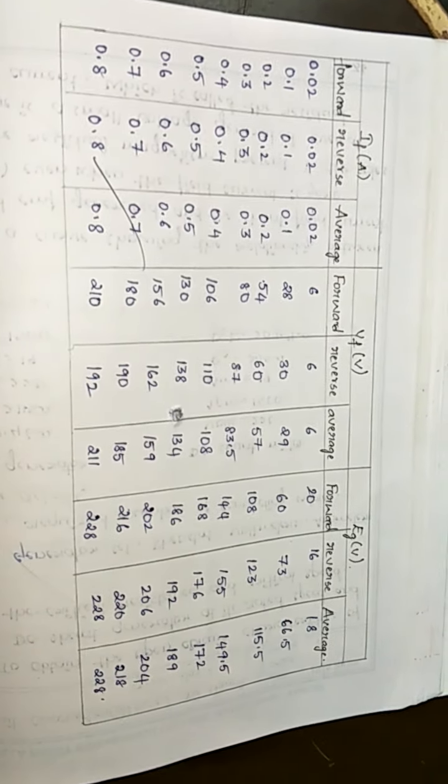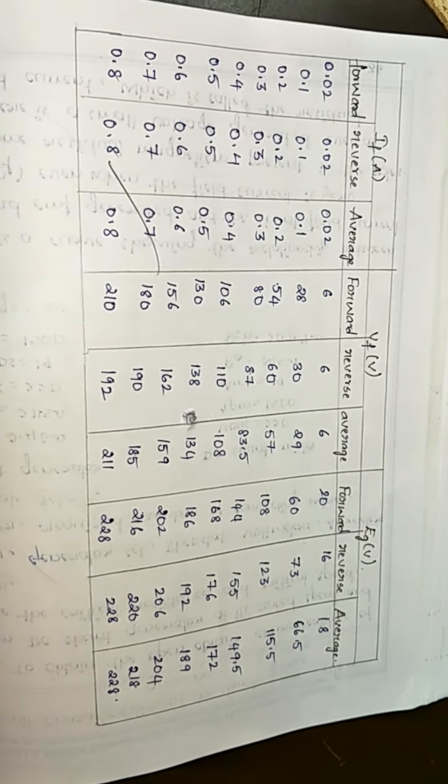See here. So afterwards, after finding out average values of field current, field voltage, and generator voltage, then you need to draw the graph between EG, see here the graph between generator voltage and field current, field voltage and field current. So you will be getting the curve as shown there, that is OCC. So the line between VF and IF is nothing but resistance line. We call it as field line.